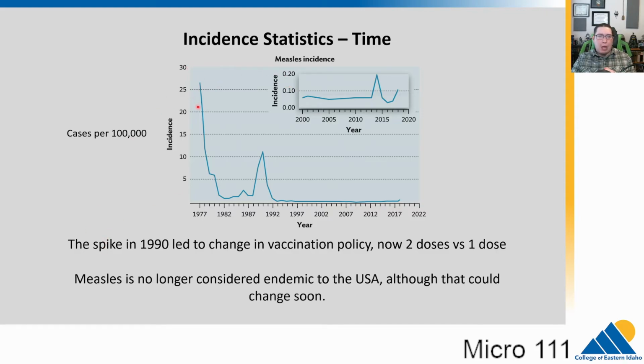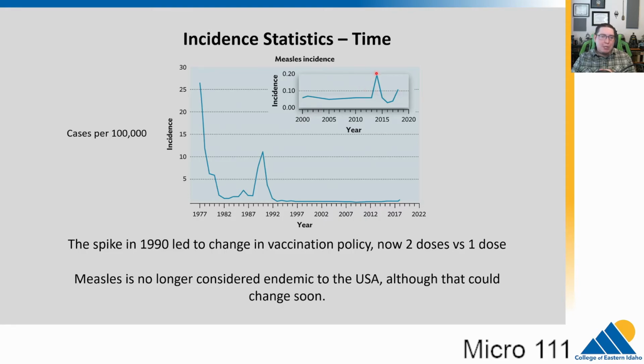As we know, measles has dropped significantly through vaccination campaigns, but we did notice a low level until about 1990, when we noticed a spike in measles. This was ultimately identified to be caused by the way we were vaccinating. We were doing a single dose vaccination, which didn't build as strong of a long-term memory in our immune system as a 2-dose system. So after this, they switched to a 2-dose vaccination strategy, and we've seen that the numbers have dropped dramatically until recently. And these upticks in incidence